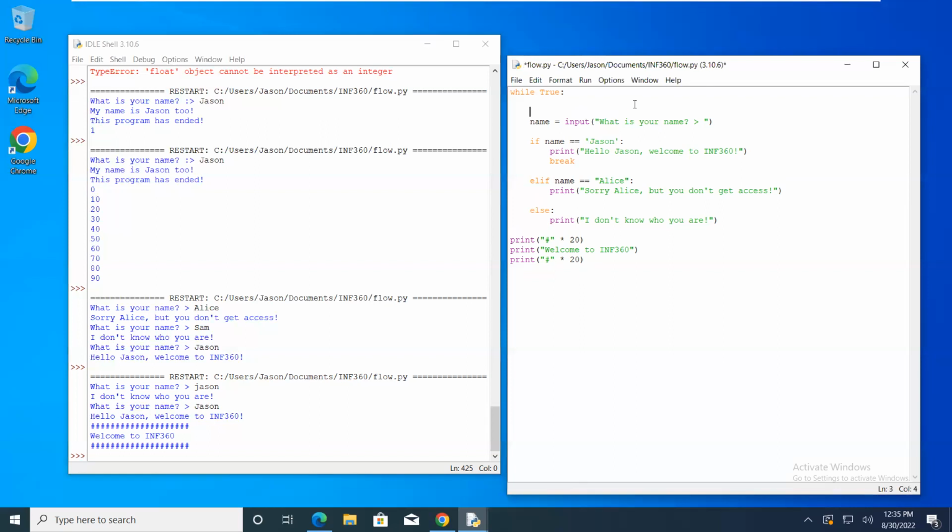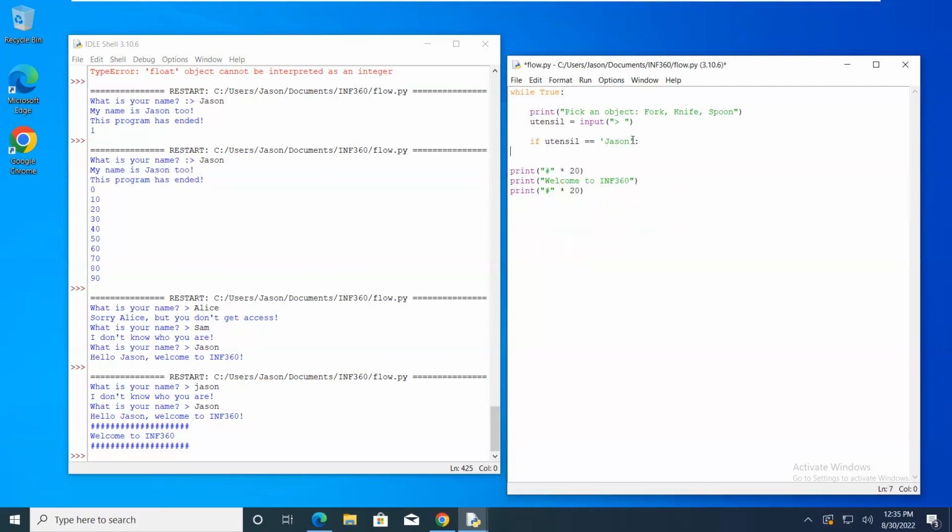Say print, pick an object. And we could say fork, knife, and a spoon, right? In this, we're going to change this prompt just to a prompt. And we can say if, let's pick utensil here. All right, if utensil. So say we just want to make sure that they pick the proper utensil. All we have to do is come into utensil, and where we say it's equal to, we will say if it's equal to fork,